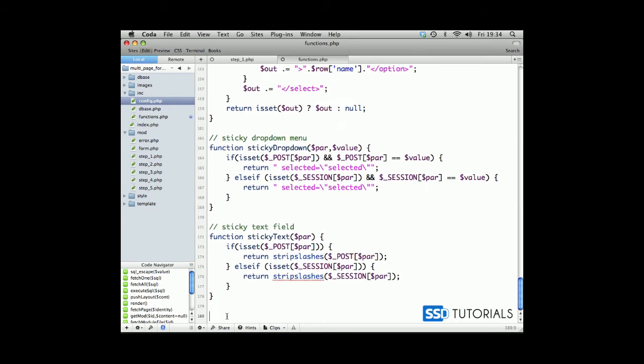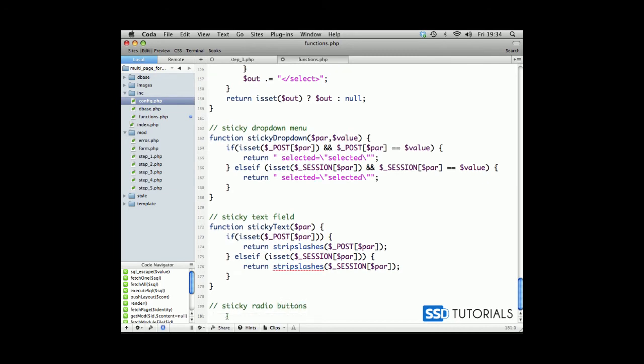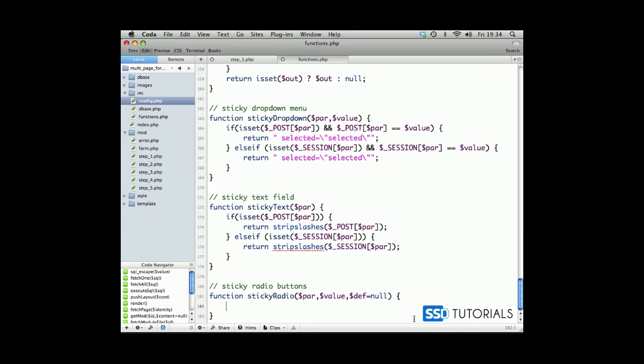Now next function will be sticky radio buttons. So function sticky radio. This time we will pass 3 parameters. First will be the name, then as a parameter, then we have value, and the last one will be def equals null. By default it will be set to null. Default if we want any of the radio buttons to be selected by default. And now we start with the if statement. Isset post par,